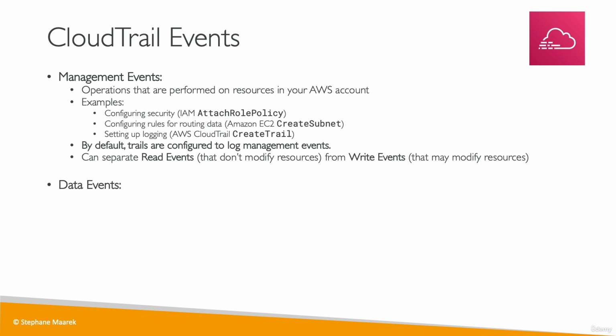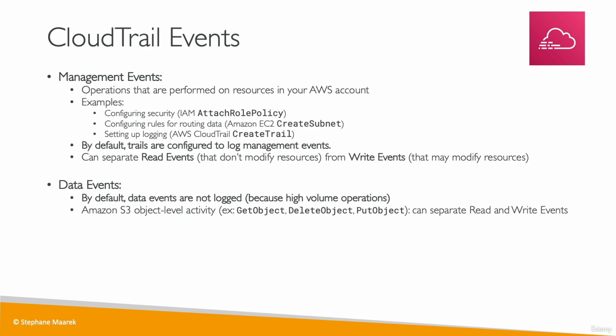Then you have data events. So they're separate, and by default, data events are not logged because they're high volume operations. So what are data events? Well, you have Amazon S3 object level activity, for example, get object, delete object, put object. And as you can see, these can be happening a lot on an S3 bucket. And so this is why they're not logged by default. And you have the option to separate, again, read and write events. So a read event would be a get object, whereas a write event would be a delete object or a